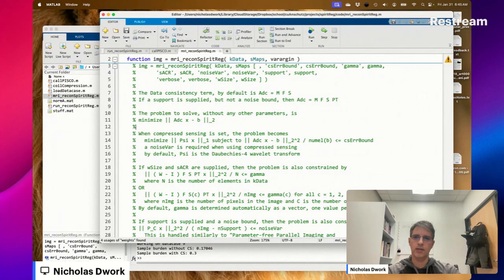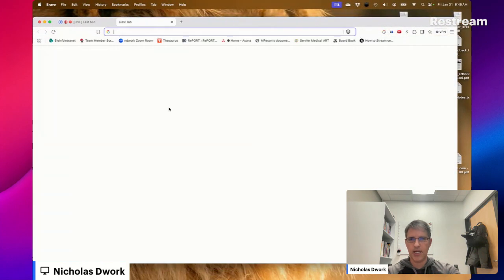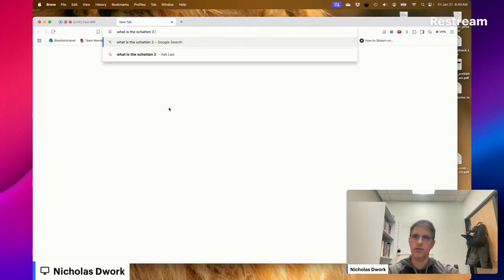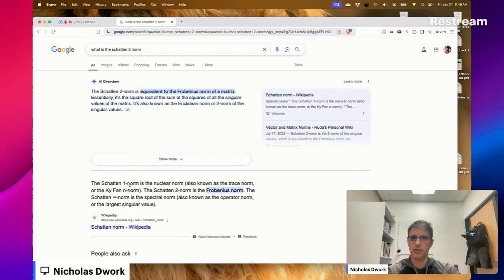Okay. So is the Frobenius norm the Schatten 2 norm? Yep, the Schatten 2 norm is the Frobenius norm. Okay.